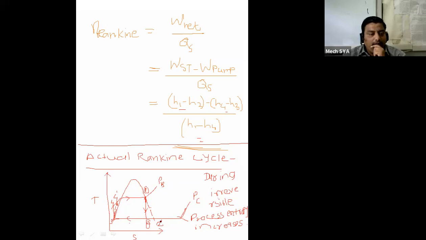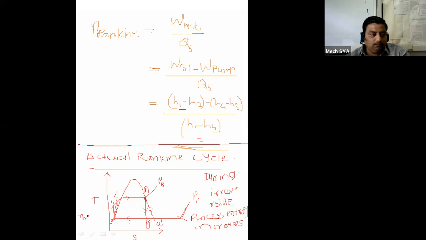And now 1, 2 dash, 3, 4 dash will remain as the actual Rankine cycle, because here we are considering the friction, and due to that the process becomes irreversible, and entropy during an irreversible process always increases. Therefore 2 will shift to 2 dash. It will not shift to this side because entropy is increasing, and 4 will shift to 4 dash because entropy goes on increasing. This process 1, 2 dash, 3, 4 dash represents the actual Rankine cycle. And 1 2 3 4 is the ideal, hypothetical or theoretical Rankine cycle. I will write TH, meaning theoretical.